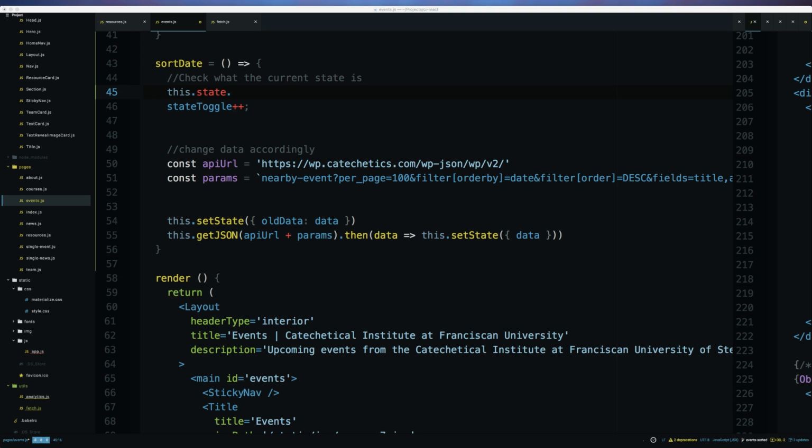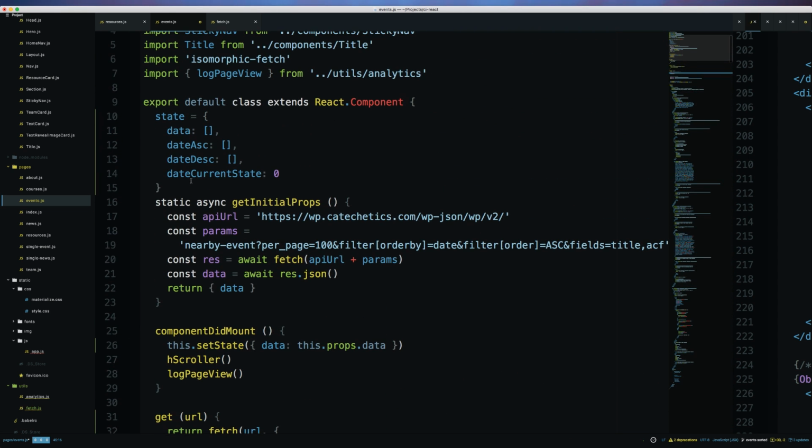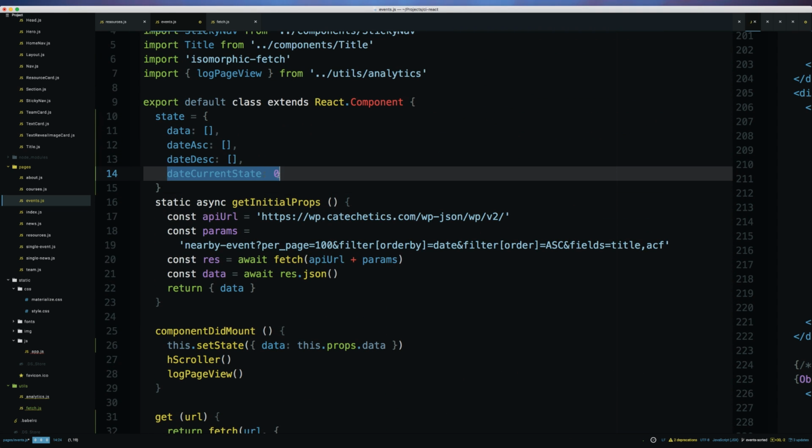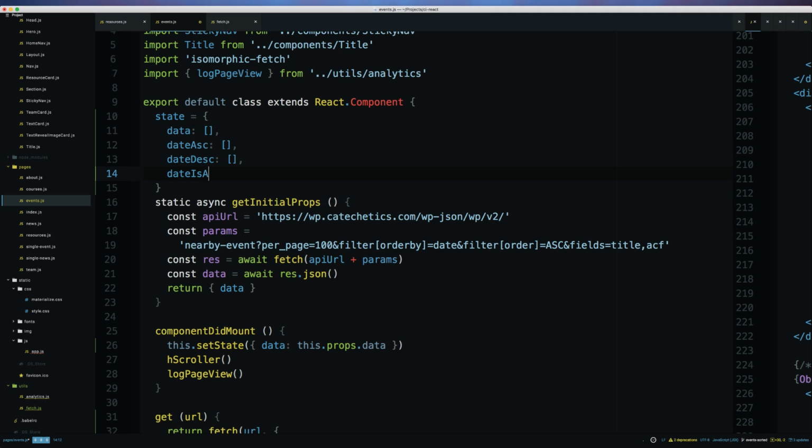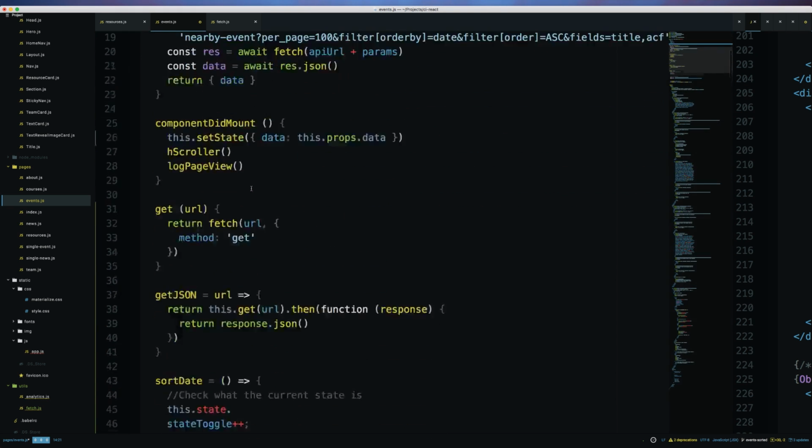Alright, so Patrick says, how about date is ascending true, and that's default, date is ascending equals not date is ascending. Okay. Alright, so let's change. I'm going to go with date is ascending, since that is state. Date is ascending equals true. Alright, that's the first one. So now when we get in here,